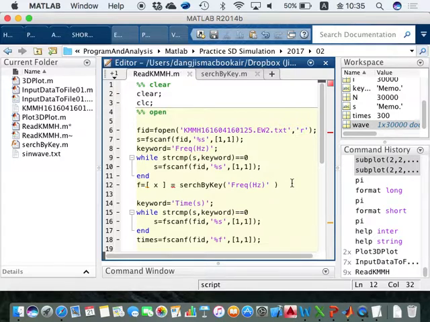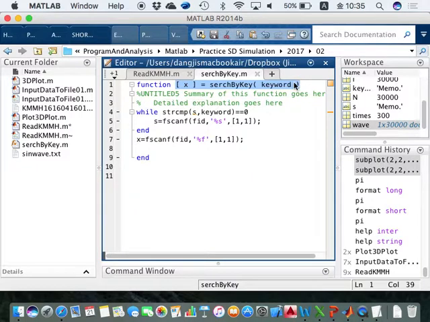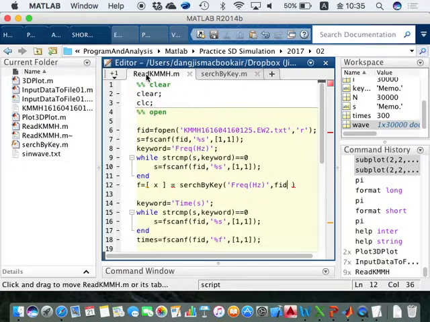Also, I think that we need FID here. We need FID. And we need initial s, sure. We need initial s here. And if we do that,